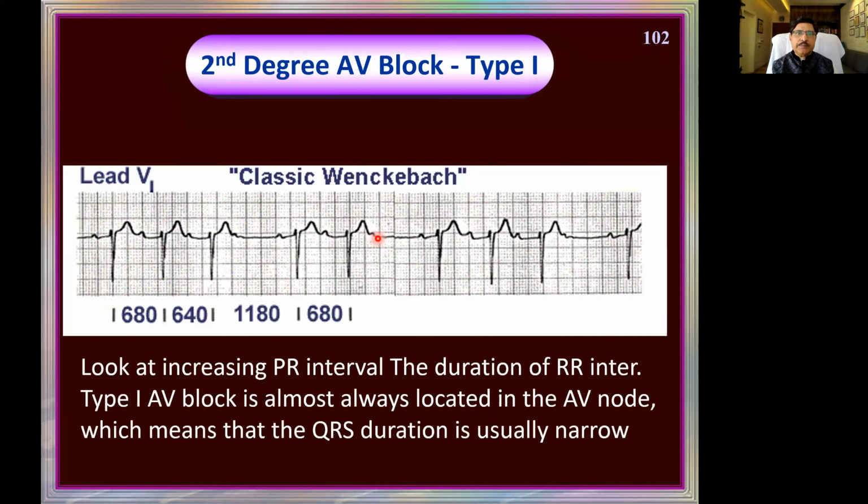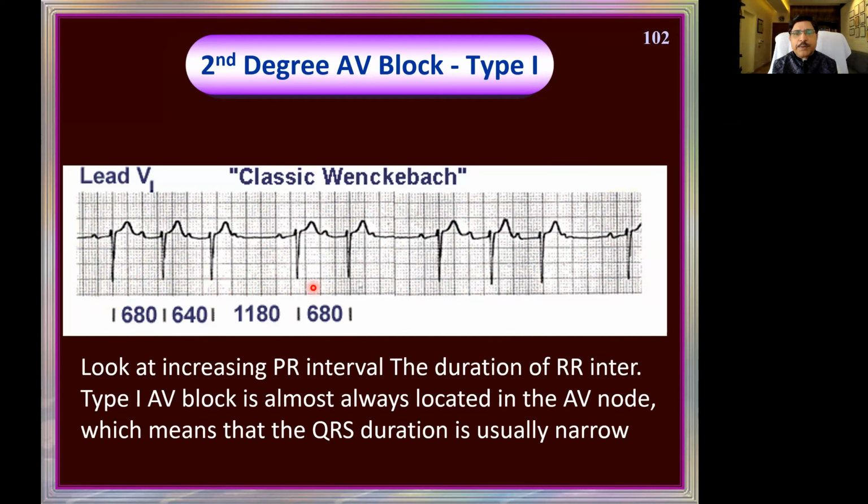Now, look here. So, first of all, there must be a P wave and QRS, P wave, QRS, and there must be a dropped beat. Yes, we have that. And PR should be more than 0.2. That also is satisfied. And after a few beats, there is a dropped beat. And this dropped RR interval is 1180. The sum total of these two is 1320. So that is satisfied. And this one should be larger than this one, 680 versus 640. Typical. This is a typical Wenckebach ECG.